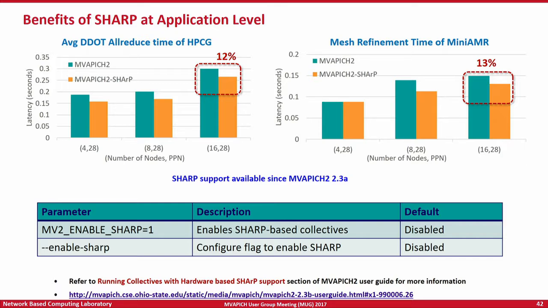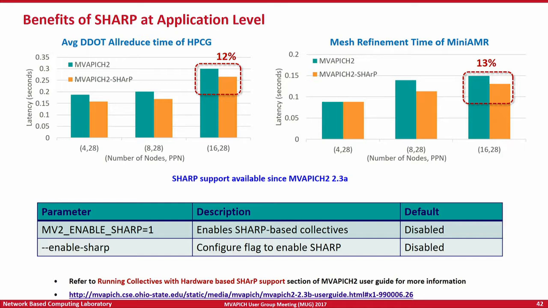Note that this has other dependencies. You need to download the HPC-X software suite from the Mellanox website, install it, and start up a couple of daemons. There is a SHARP daemon that needs to run on each node, and there is a SHARP aggregation manager which orchestrates your SHARP communication setup. Those two components need to be installed before you can begin to use SHARP inside MVAPICH2. But if you can use it, you can see significant performance benefits.